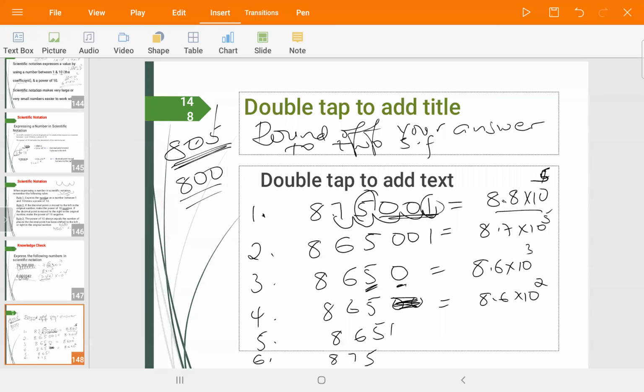Exactly. 8.7 times 10 to the power of 3 ጎበዝ excellent እሺ።